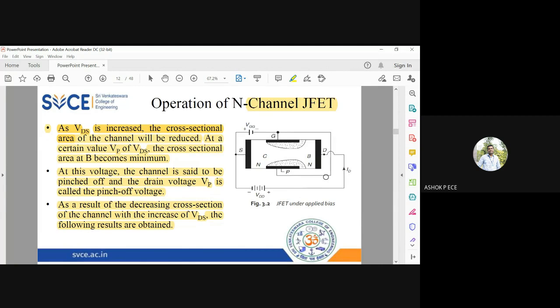I need to ensure that the two depletion regions meet. How will I do that? Reverse bias. If the two are touching each other, there is no way for the electrons to flow through the channel, and no current is produced. So you have to reverse bias. Where is the reverse biasing terminal available in a JFET? You have this reverse bias voltage VGS. So the trick is with VGS.